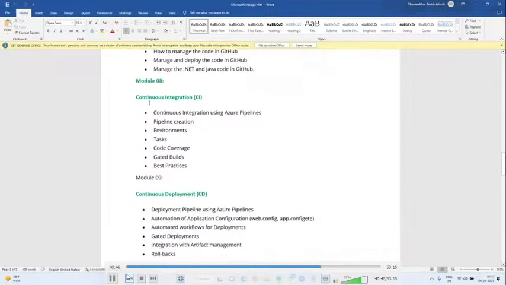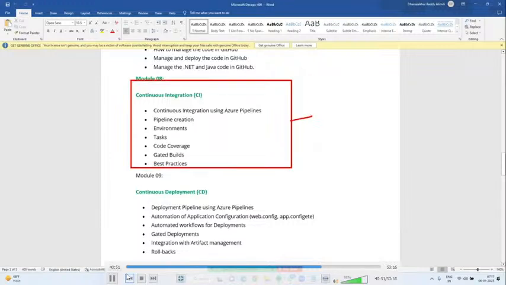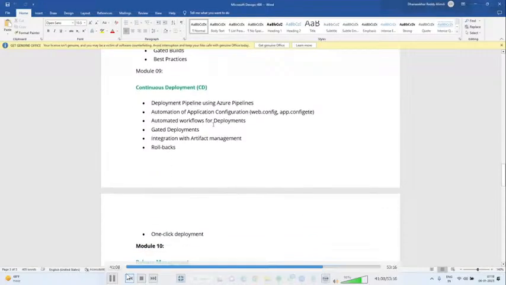Module 8, CI. CI means continuous integration. We will call this the build pipeline. Please remember, these are important words which we will discuss in the DevOps sessions. Next, continuous deployment. This is the release pipeline.